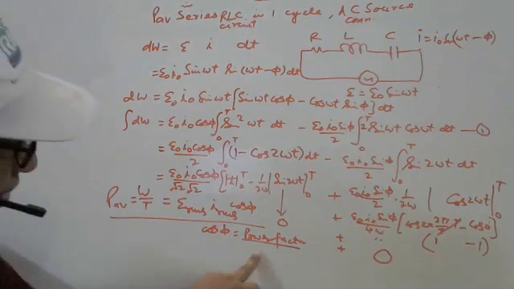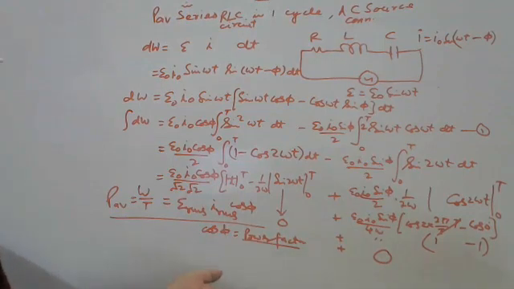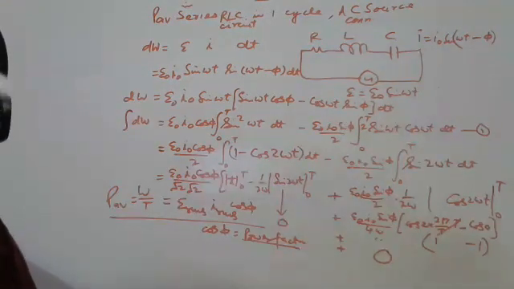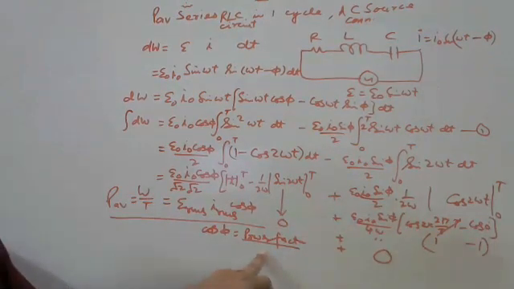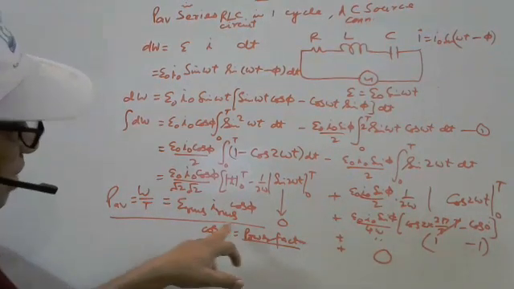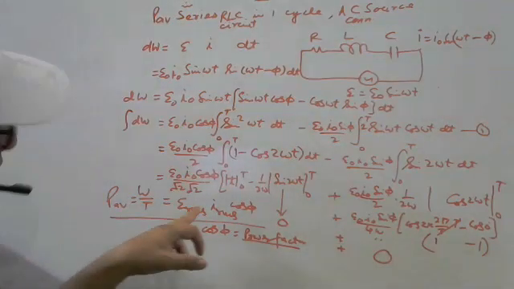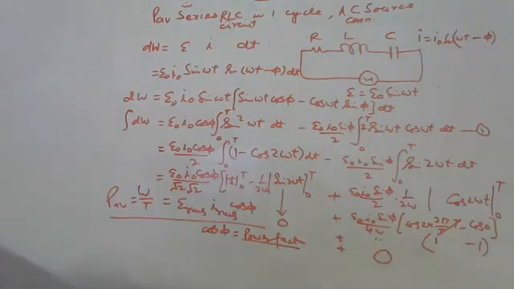So CBSE deleted this, and practically it is not deleted because this derivation is there. In numerical also, power factor can be asked. Or let us say power factor in a numerical problem is not asked, but the formula is simple here. But in this derivation, you have to write this down, cos phi. This is power factor. So there might not be any confusion in this derivation. Power factor comes here, although this topic is deleted.